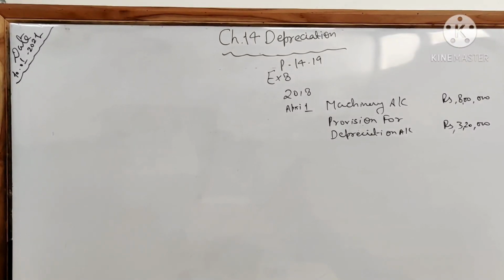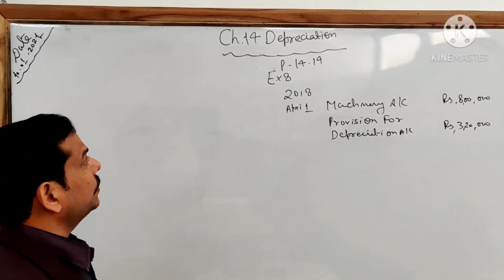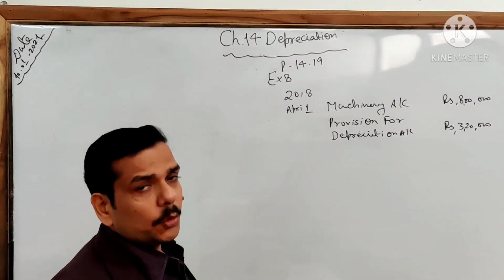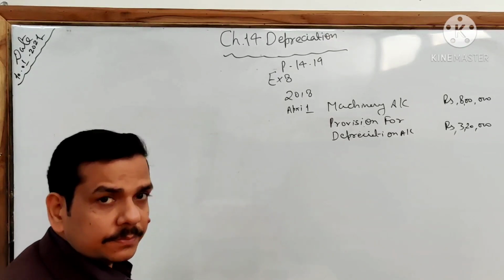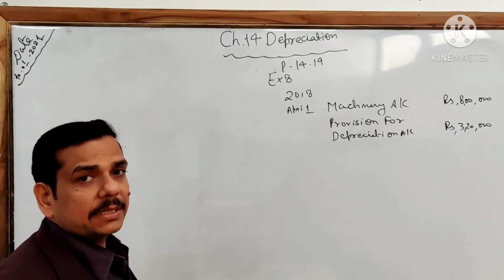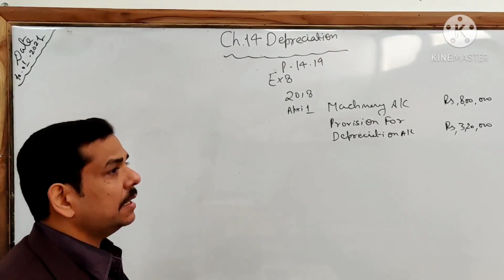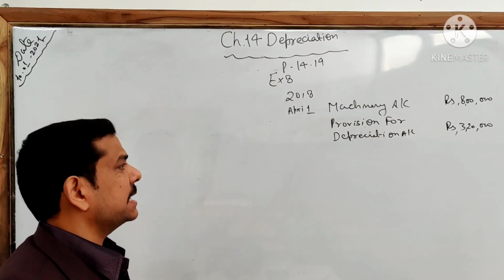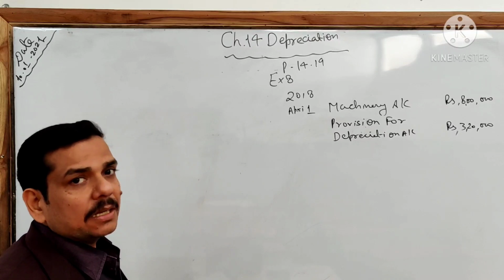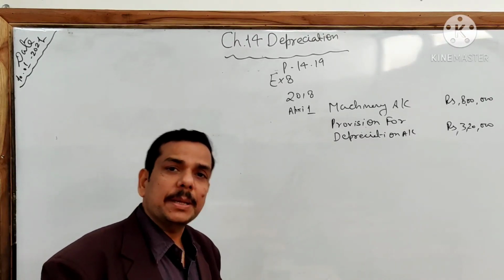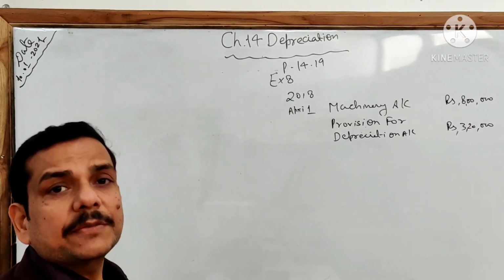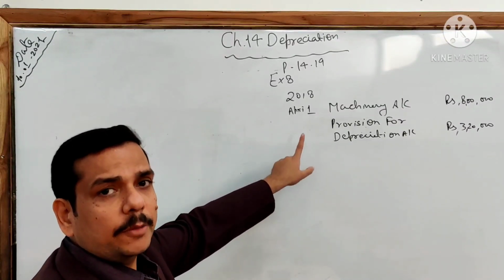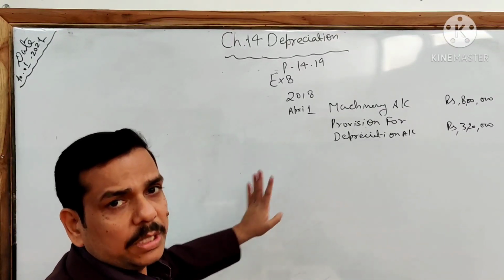Dear student, welcome back to the accountancy class, and let's continue with our chapter on depreciation. I have taught you both the methods of charging and recording depreciation. We are dealing with case 2, that is, when depreciation is credited to the asset account or a separate account called provision for depreciation account is maintained. We solved example 3, in which we maintained the provision for depreciation account from the very beginning, from the first year to 3 years.